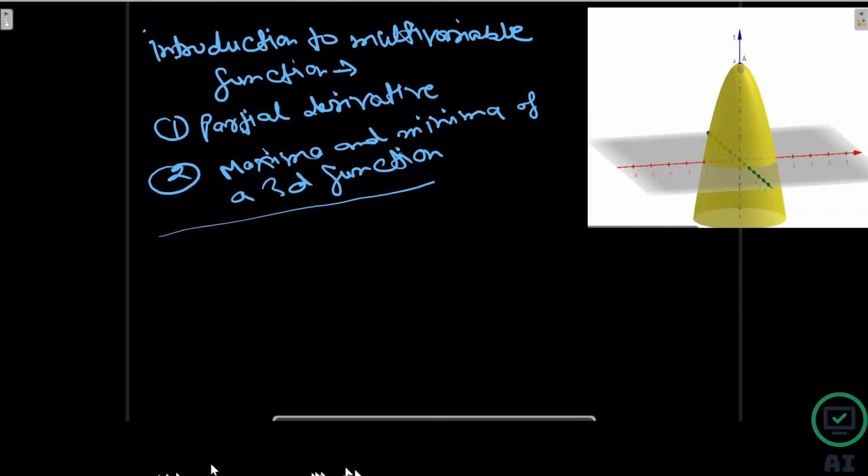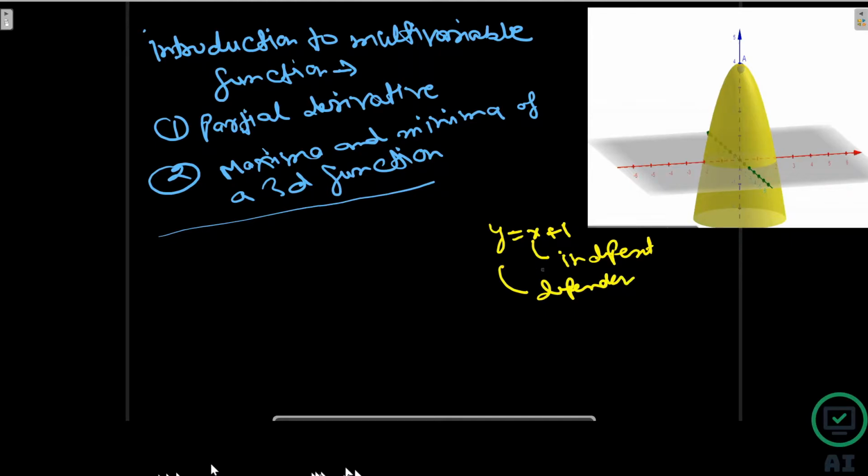In this particular video, I am going to explain the multivariable function. When I say multiple variables, that means independent variables. In two dimensions, we have one independent variable and another one is a dependent variable. So when we say y equal to x plus 1, here x is the independent variable and y is the dependent variable.